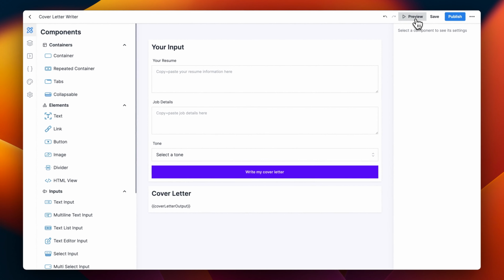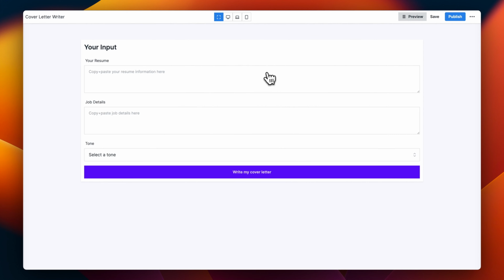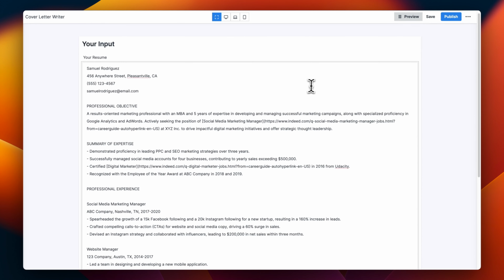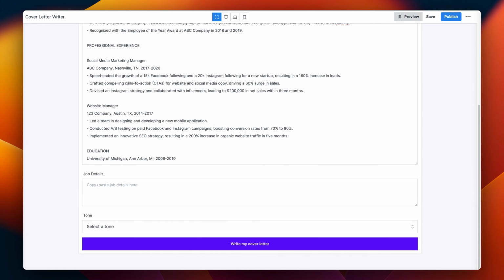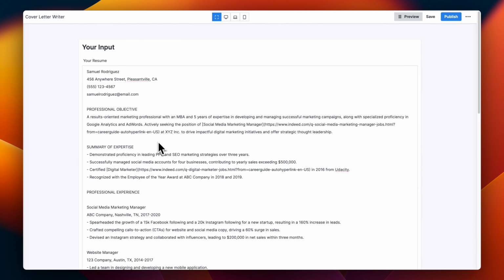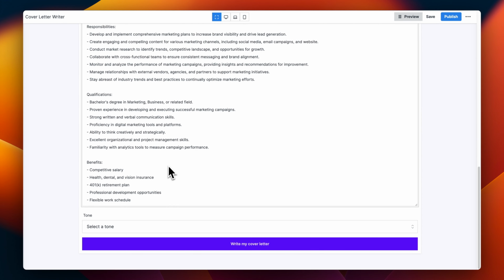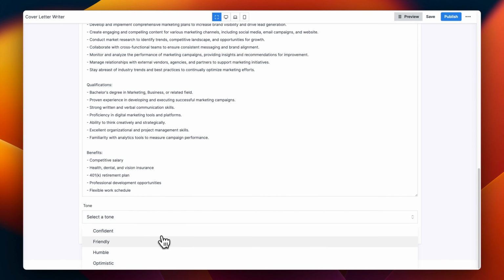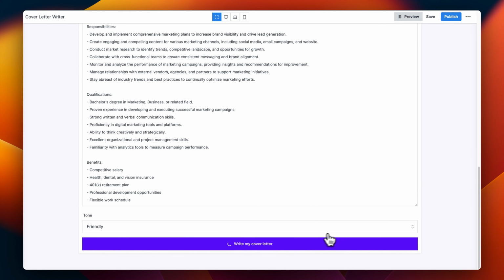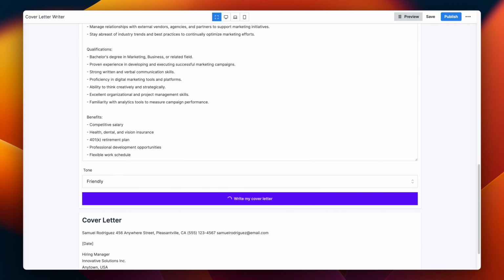And now let's see how it works. So for the resume information, I'll just copy and paste an example resume. And for the job details, I'll copy paste another text from here. Okay, now we have the resume, job details, and then we select a tone. Now when we click the button, this information will be used and sent to the AI